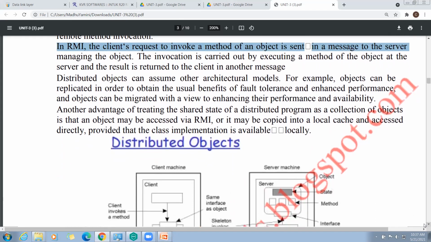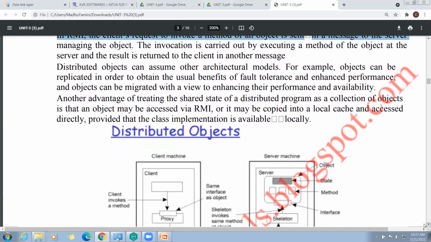This invocation is carried out by executing a method of the object at the server machine. That result is returned to the client in another message.